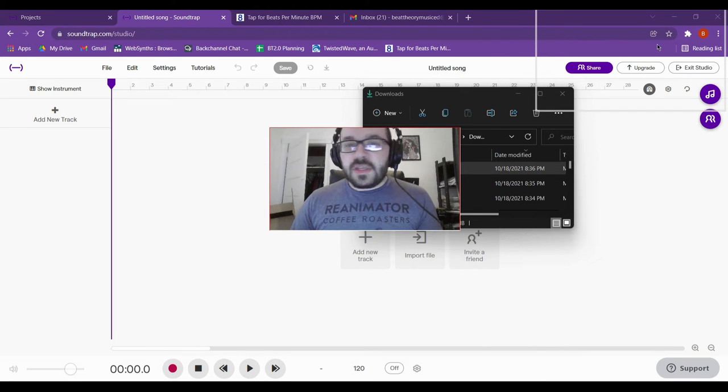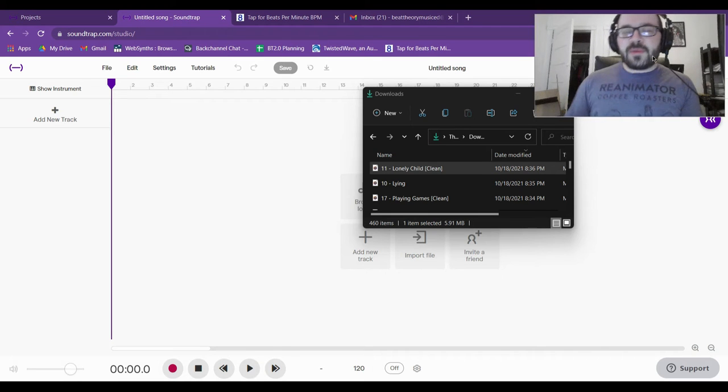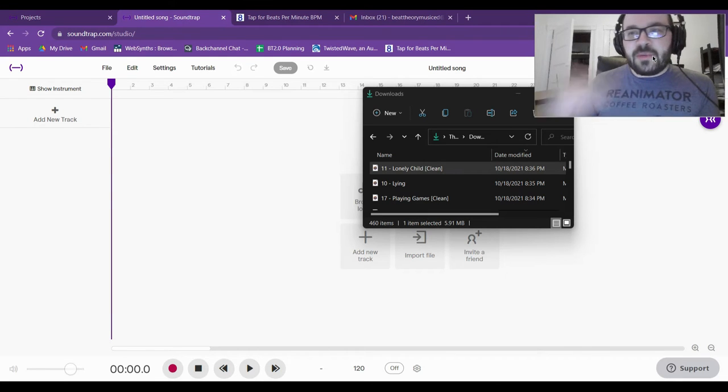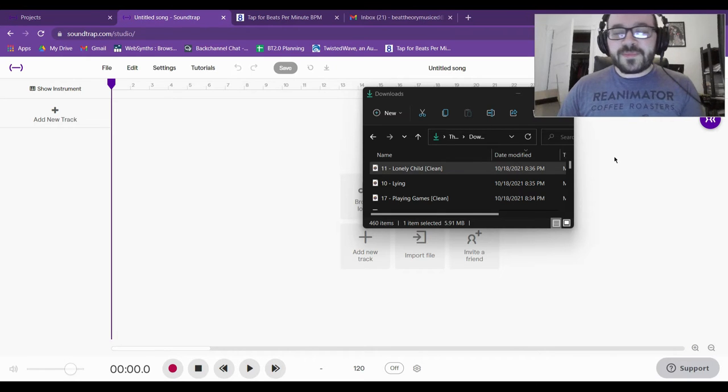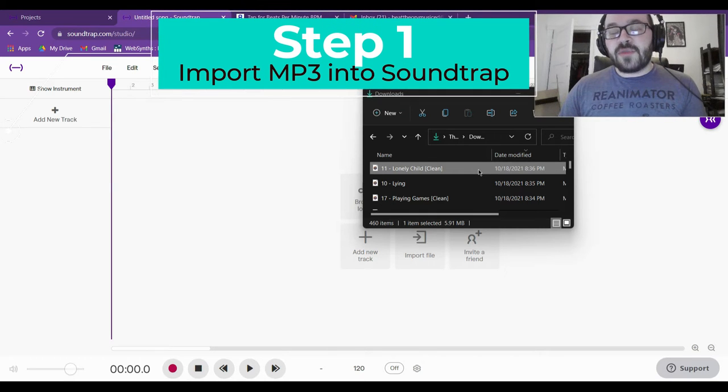So we're gonna just jump right in. I've been thinking about making this for a while, but I wasn't sure how things were gonna work with copyright. I am gonna pick an example that's from popular music, so hopefully we'll be able to get through with that. So first thing you're going to need to do is get a copy of your reference track in an